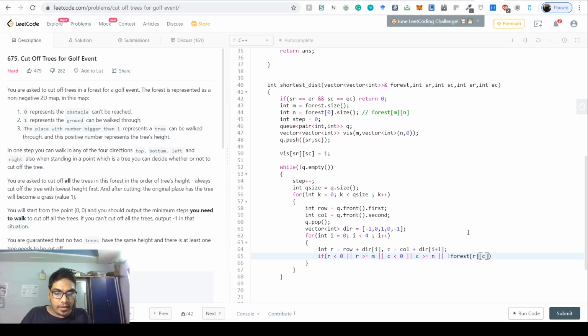If there's an obstacle there, this would be 0, so a negation of this would mean that there is an obstacle there, right?